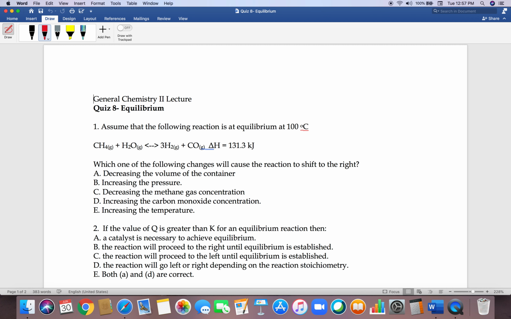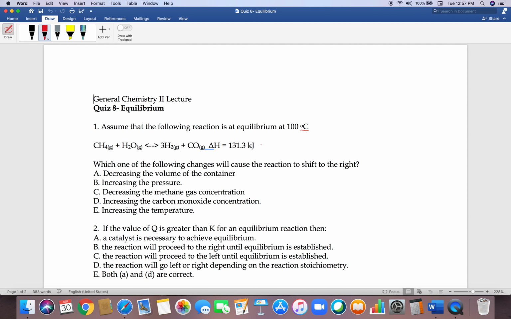In this video, I will be going over quiz 8 that was due in week 5, due today, on equilibrium. Our first question says, assume that the following reaction is at equilibrium at 100 degrees Celsius. Methane combines with water in the gaseous state to form hydrogen gas and carbon monoxide. It has a delta H value of 131.3 kilojoules, and that's a positive delta H value, which tells us that